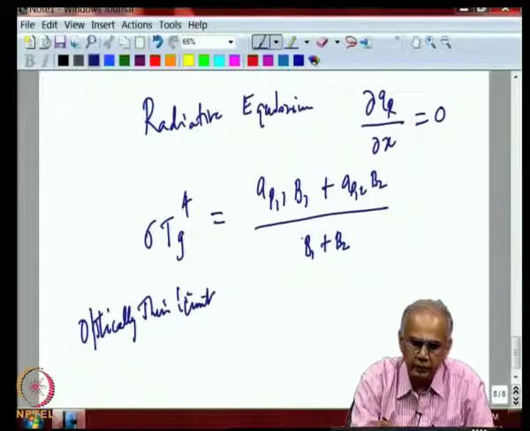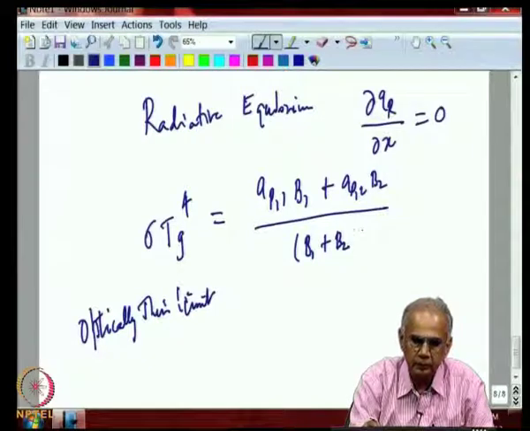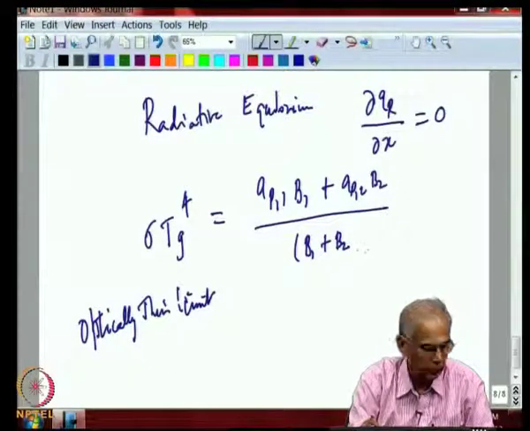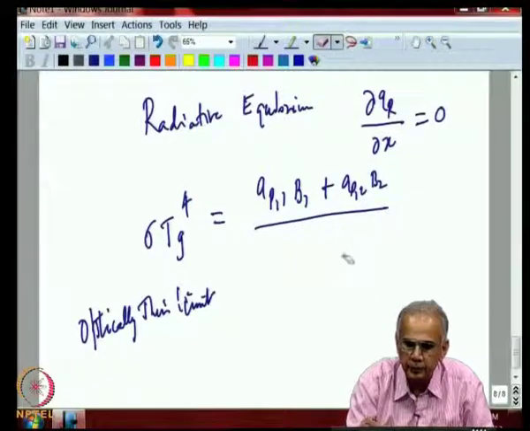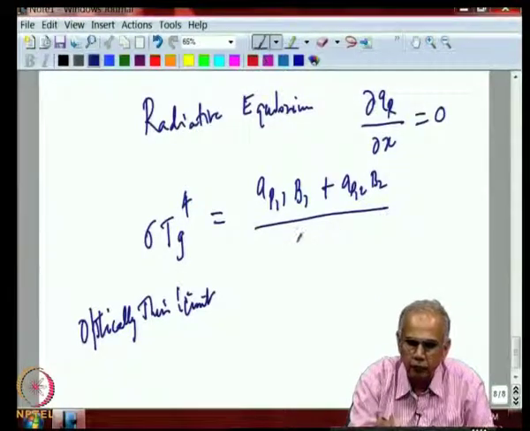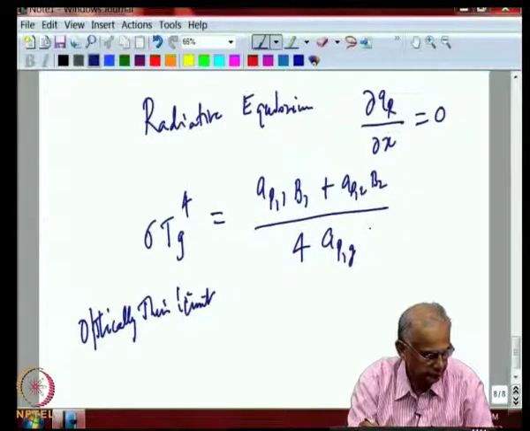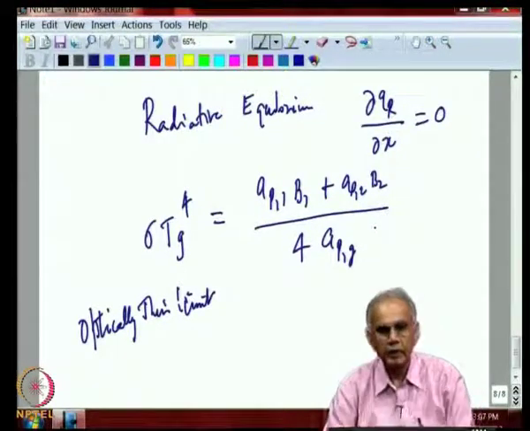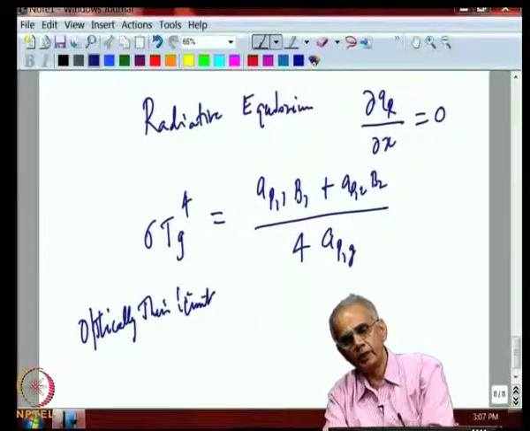It has to be, this has to be, slight error here, this has to be 4 APG. Okay. So, once you have an estimate of AP1, AP2 and APG,